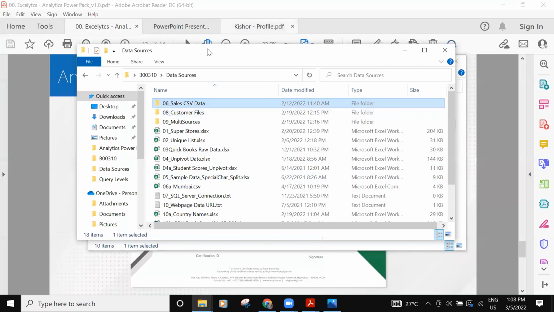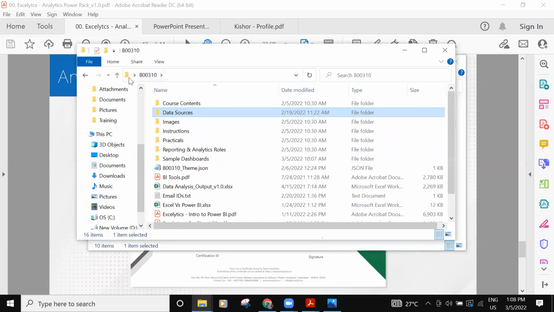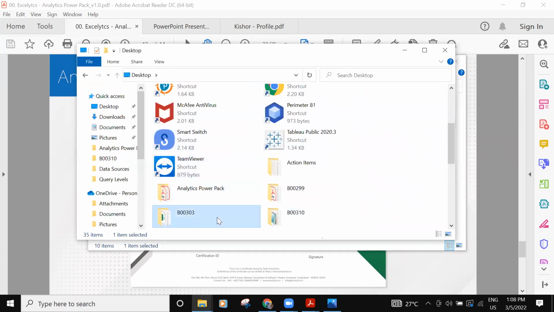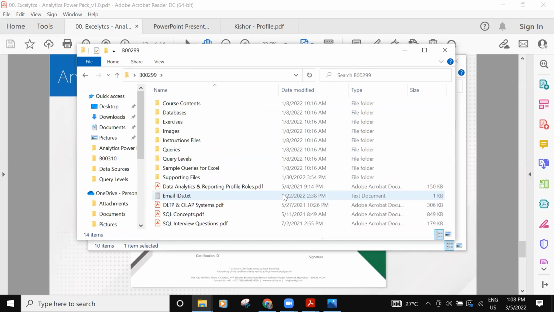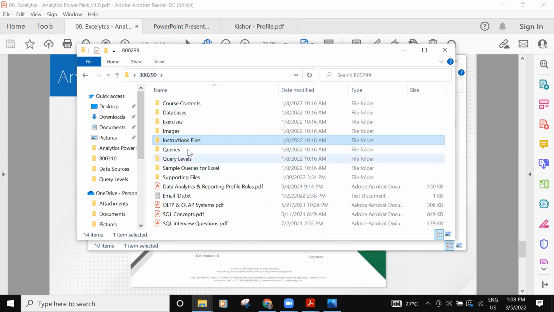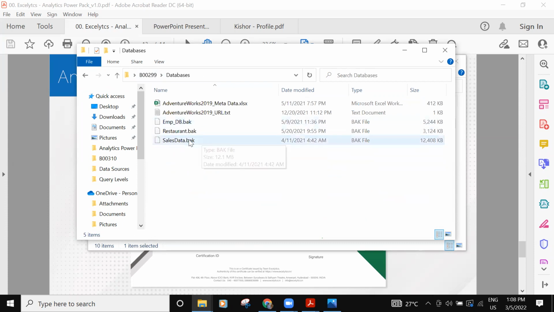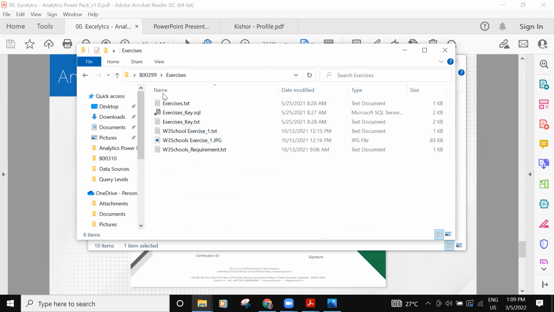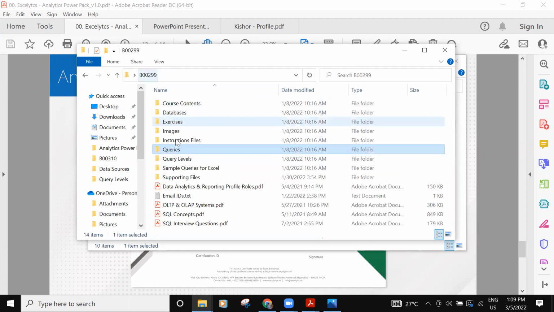All right. So these are the different data sources we work with within Power BI. And coming to SQL, we again have so many things: how to set up SQL Server, SSMS, SQL Server Management Studio, T-SQL concepts, creating users, subqueries, EF code, RDBMS rules, and the different databases we work with: employee database, restaurant databases, sales database, and the AdventureWorks database. We'll let you know how you can download AdventureWorks. That is a little heavy. There are different exercises, different query files, and different levels of queries that we learn,